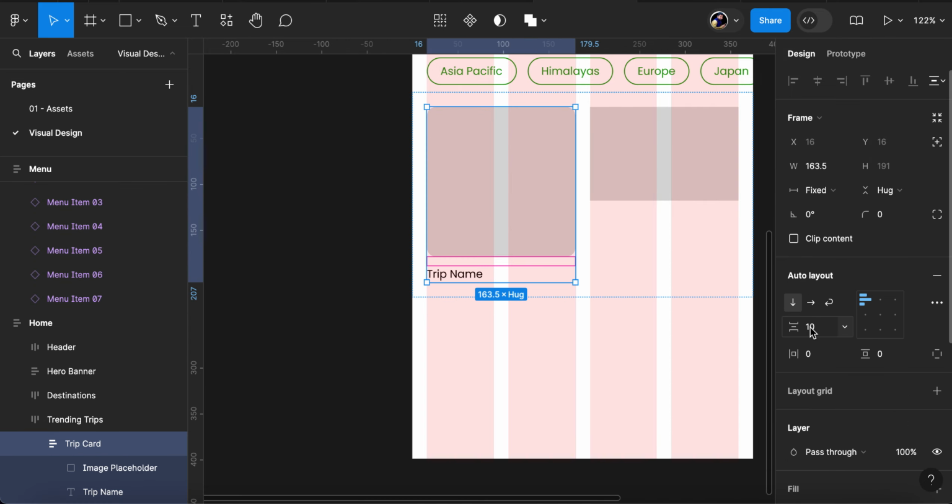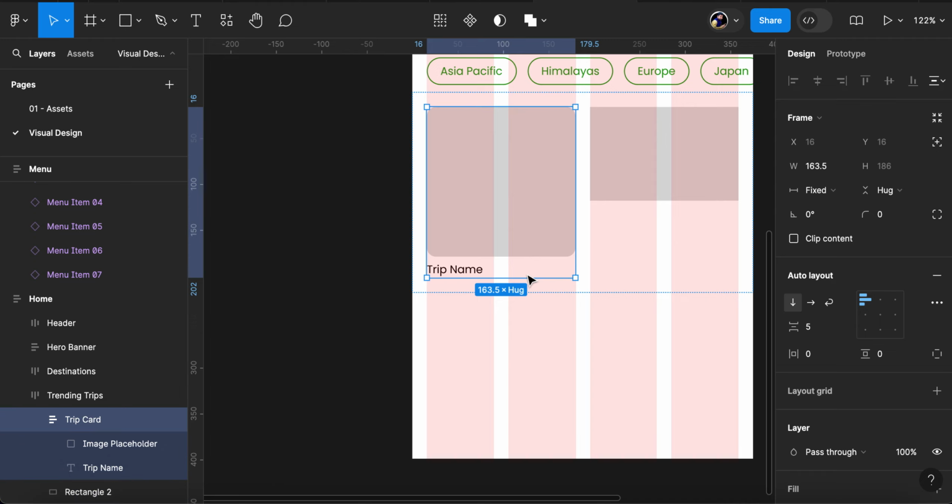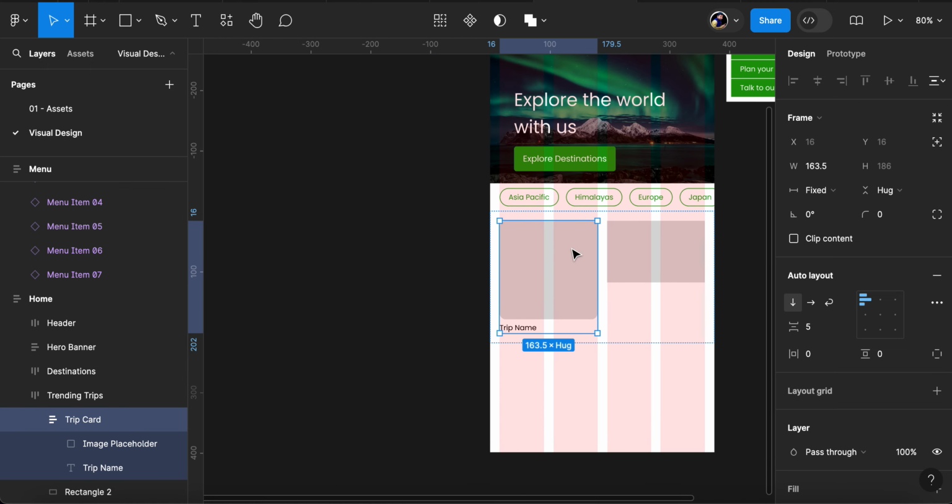The space between them, I'll probably keep it at 5, right? So you can either componentize this and use them, or you can use directly. So I would probably use this as a component. So there is image placeholder and trip name. Now to work with images, right? Like so, you can also create a